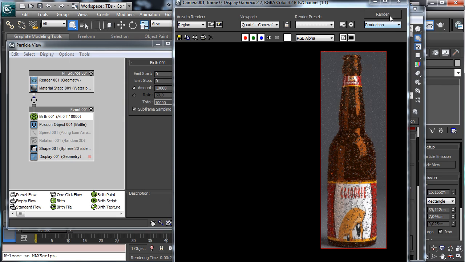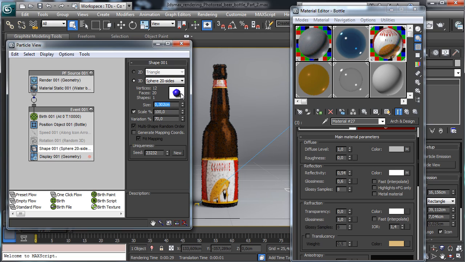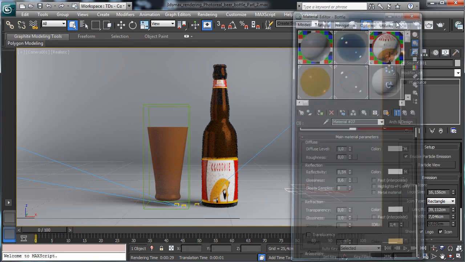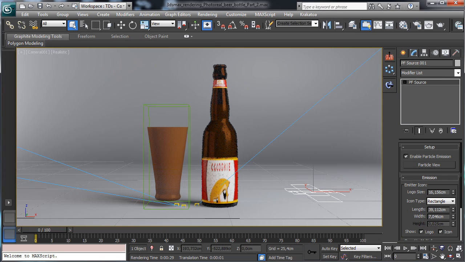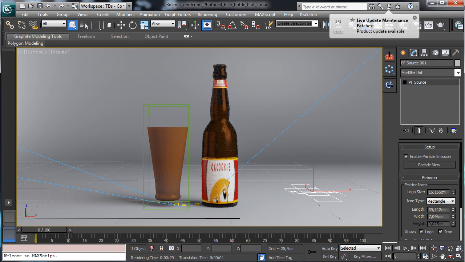Okay, let's say that I like to have it a little smaller. So you see we have a huge amount of teeny bubbles, and then we can see if it works or not. Let's also tune the light a little bit, so light lister,